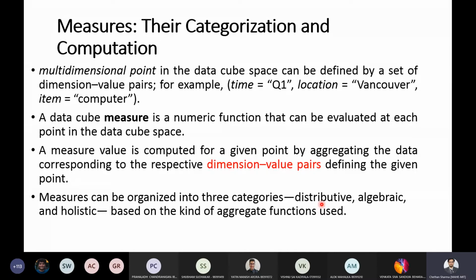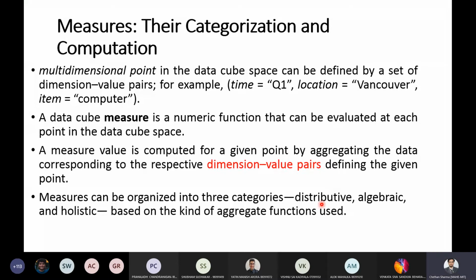An aggregate function is algebraic in nature if it can be computed by an algebraic function with m arguments. This m is a bounded positive integer, and each of these m arguments is obtained by applying a distributive aggregate function.